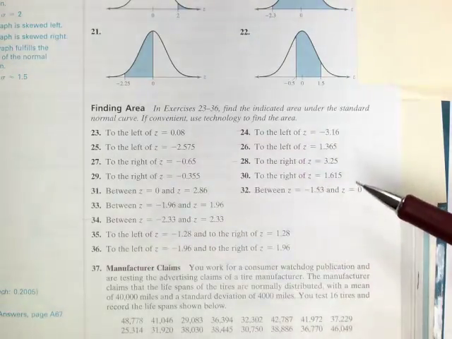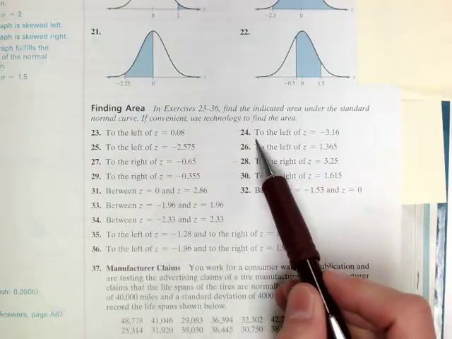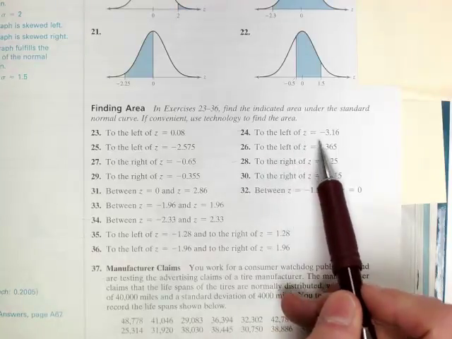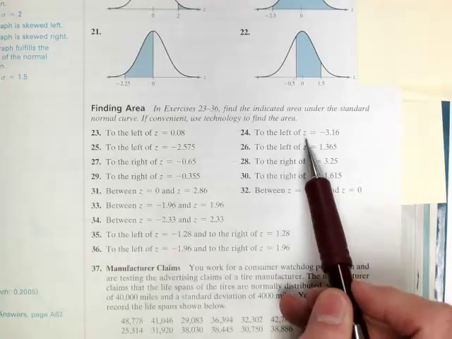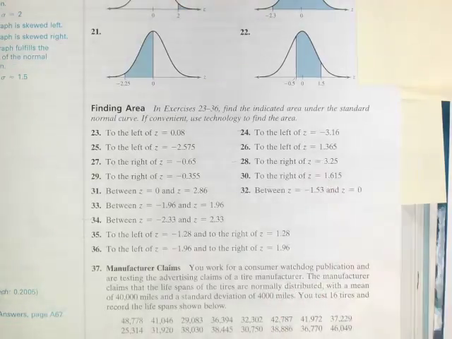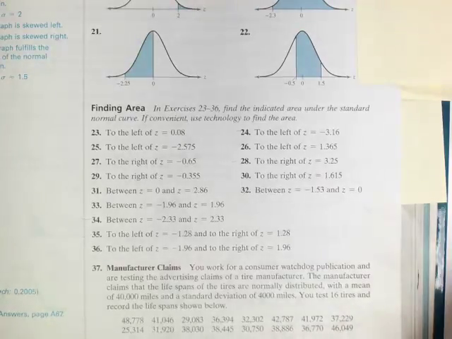Let's take a look at this one here, number 24. I want to find the indicated area under the normal curve to the left of z equal to negative 3.16. Now, because the letter z is used, I know this is standard normal, where the mean is 0 and the standard deviation is 1. Okay, so what I'm going to do first,